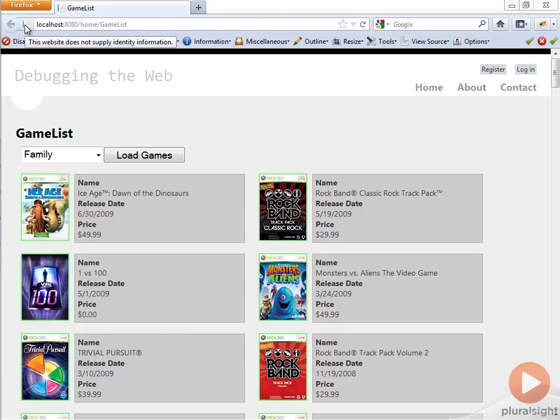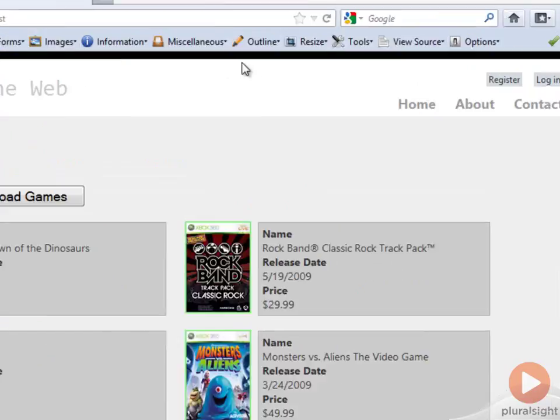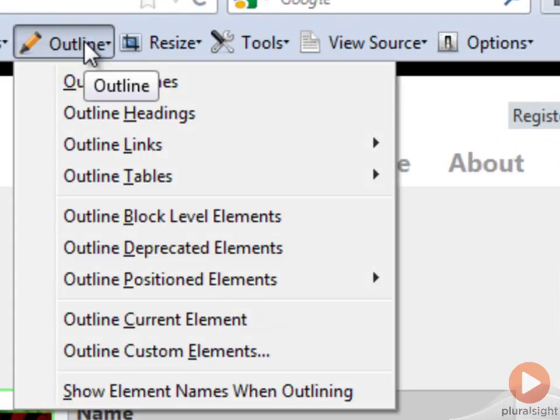I'm not going to go through each and every tool for you because they're not all going to be useful on a day-to-day basis, but really highlight some of the high-use ones. The first one I'm going to talk about is Outline. An outline is going to allow you to go ahead and show outlines on your page of certain kinds of